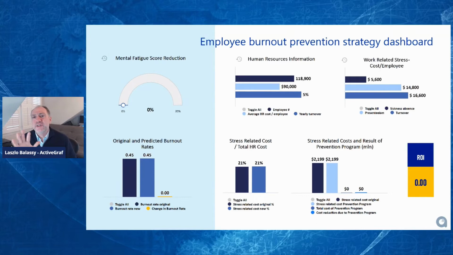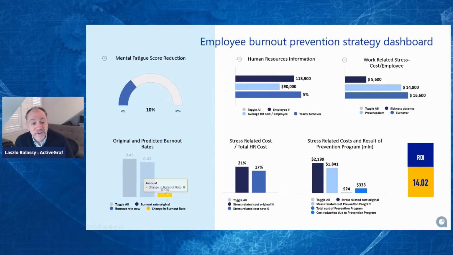And there are about 8 attributes that we used in our machine learning that's running live behind this dashboard as we speak. And we can say, well, if we reduce this fatigue score by 10%, what is the impact? What is the impact on our burnout index? And you'll see that that's about a 0.04 impact on the index. You can see it here. Right away, it runs the regression again, runs the new sample data, and cranks it out.